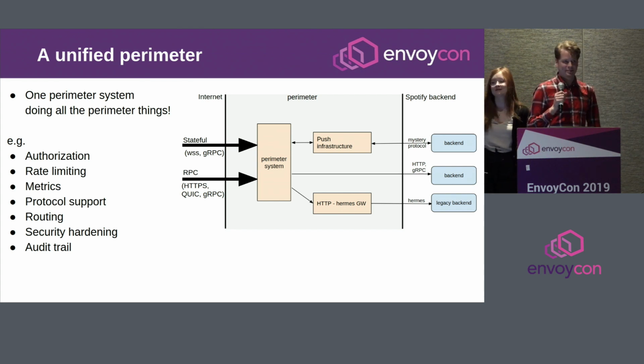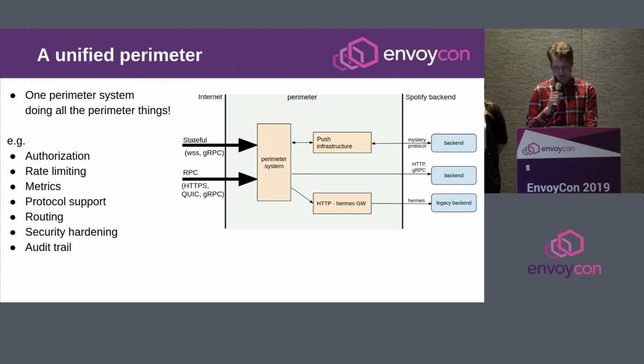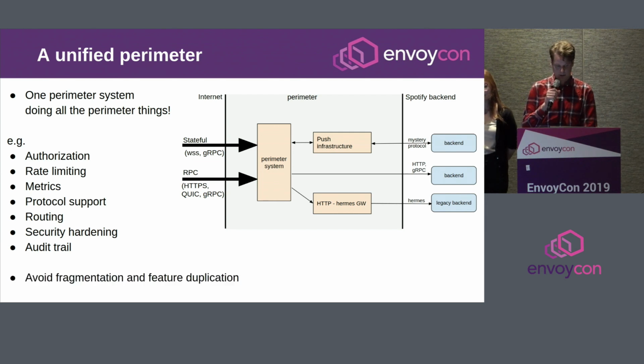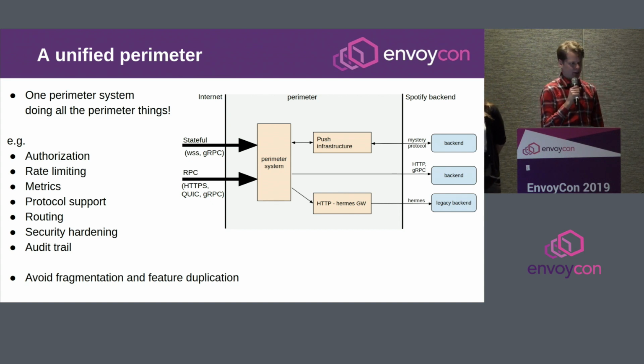I'll let you read that. So doing stuff like authorization, adding support for new protocols. We've been looking at QUIC, and there's a strong push for IPv6 right now as well. Security hardening and creating audit trails, and all of these things we want to implement once. And just to mention, for example, I think we're up to 5 different authorization systems within Spotify, and at least 3 implementations of global rate limiting. So these are things that we want to implement once in our new perimeter